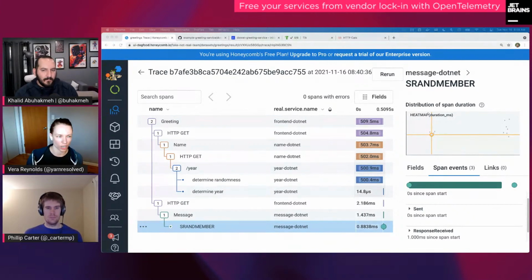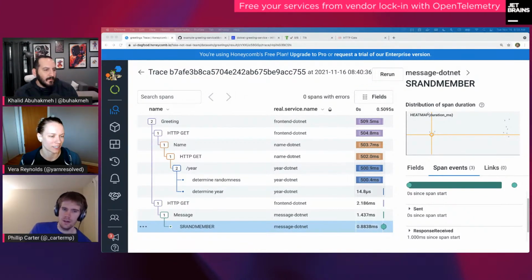Now, the collector, it's a whole other beast and a whole other thing, right? It's a separate service that you have to run and tweak and take on. So I imagine that is more of an advanced use case. Philip, do you want to talk over it? Yeah. I think